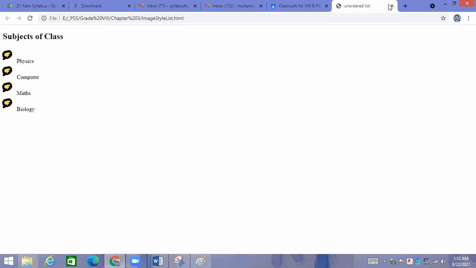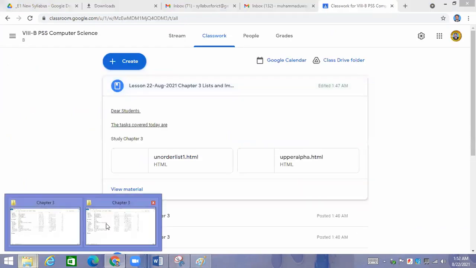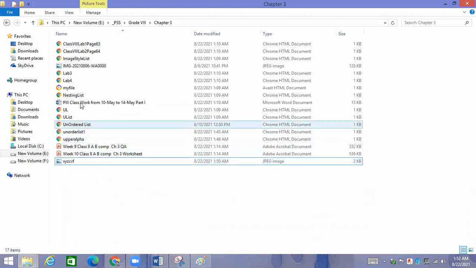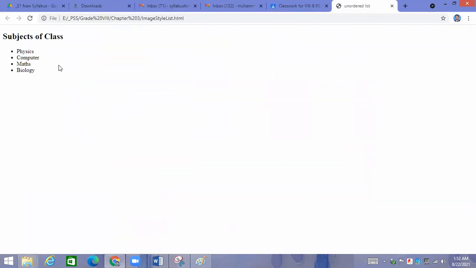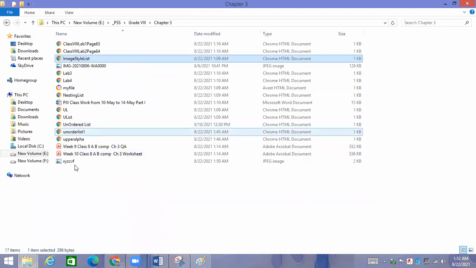If there were any mistake in the name, for example, if I go to the file and change the name of this image to XYZ or something else, and now I try to open this, my program is not finding it. It is showing only bullets over here. Why? Because the file name was not found. The file name that I mentioned over there is something else. Getting this point or not?